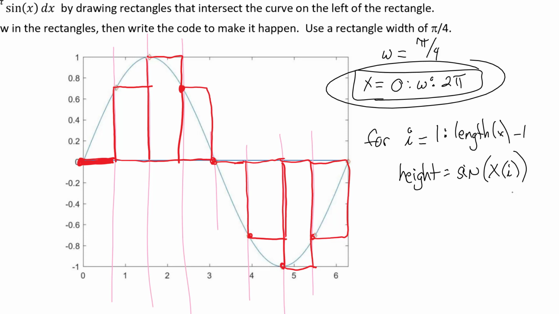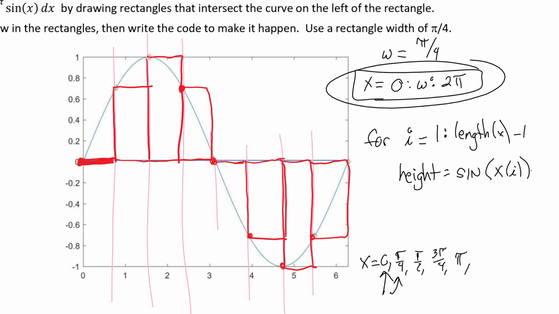So x is going to look like 0, pi over 4, pi over 2, 3 pi over 4, pi, etc. And so what I'm going to do is take the first one, so that'd be x at 1 is 0, take the sine of 0. Then I'm going to go x at 2, which would be pi over 4, and take sine of pi over 4. So it's a little weird because you have this nested function. I'm going to make it a little bit prettier. But the height is going to be the sine of x at the i